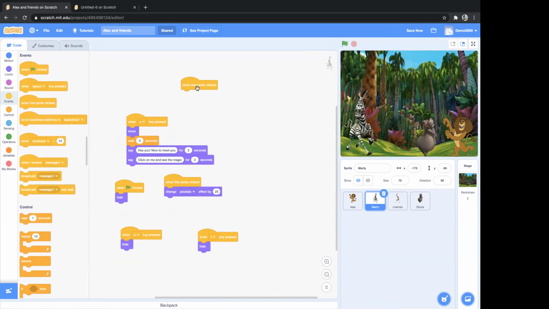What you could do is, yeah, but that would be very complicated work. You would create all the elements of the periodic table in the form of sprites. So Na would be a sprite and all the elements would be sprites. For that particular sprite, give when this sprite is clicked and then use the say block.